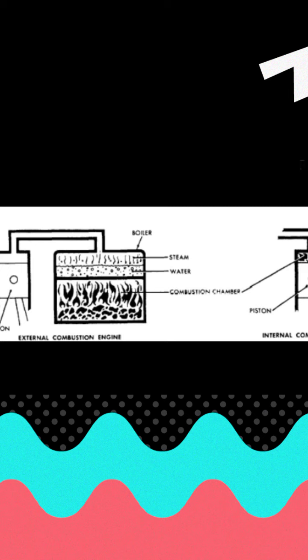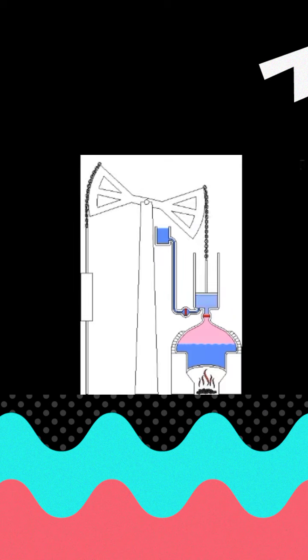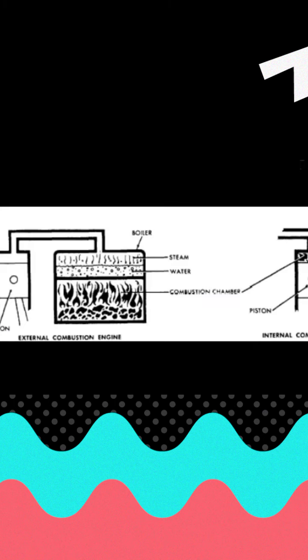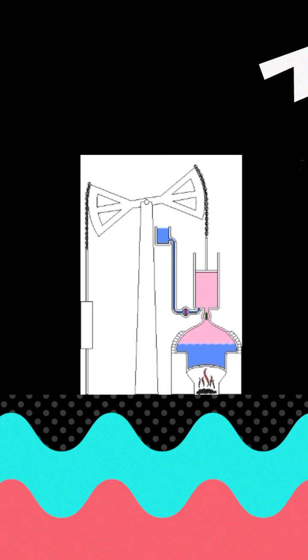External combustion engine burns fuel externally, or outside the engine. The burning fuel releases thermal energy, which is used to heat water and change it to steam. The pressure of the steam moves a piston back and forth inside a cylinder. The kinetic energy of the moving piston can be used to turn a vehicle's wheels, a turbine, or other mechanical